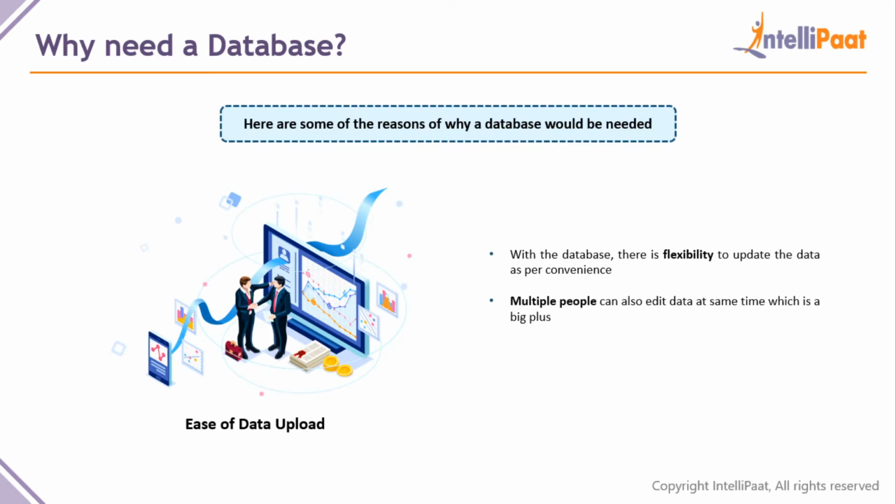So this brings us to the third reason why we would need a database, guys. In my opinion, it's the ease of data updating, because with a database you have a very good amount of flexibility to update the data, manipulate it, play around with it, create it, delete it, whatever you want at your convenience. You do not have to wait for the person who created the spreadsheet to go through millions of entries. The best advantage of a database is that multiple people can edit the data at the same time. This pulls the efficiency from 0 to almost 100, in my opinion, guys.